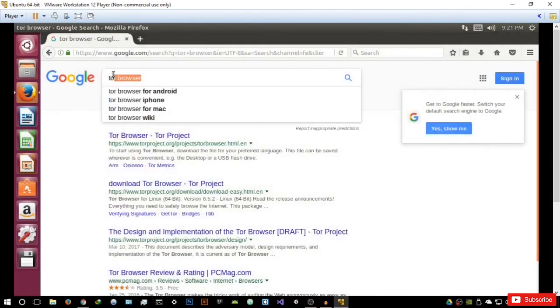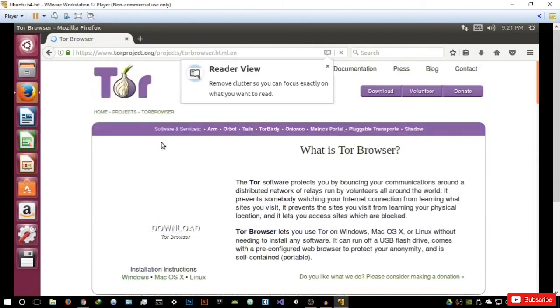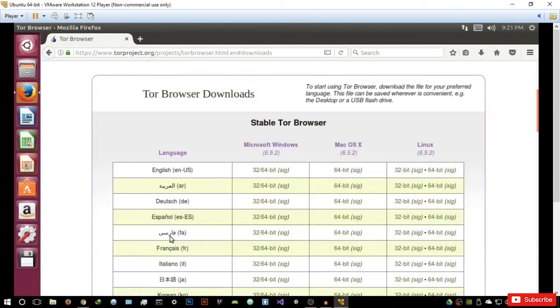Let's just close that. So basically search for the Tor browser and hit the first one, the Tor browser, on the first link, and you want to hit download the Tor browser. It will automatically detect that you're using Linux. Now you're going to go into the Linux section, and if you're running a 32-bit version of Ubuntu or any